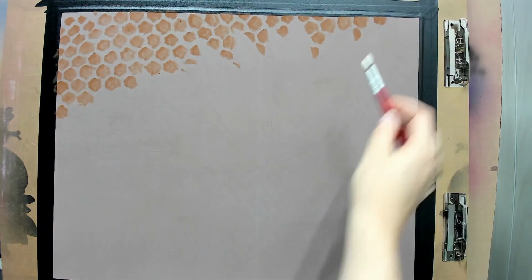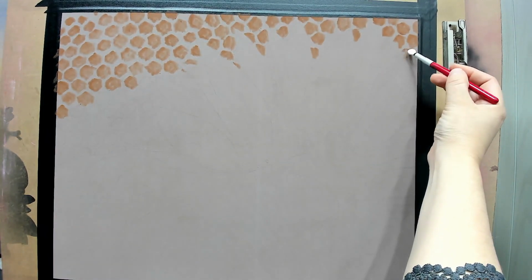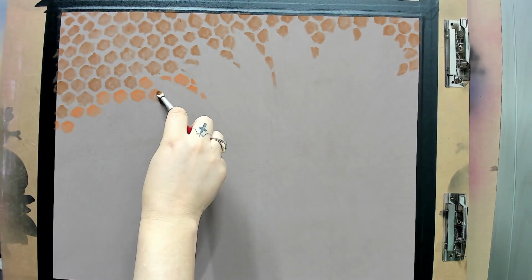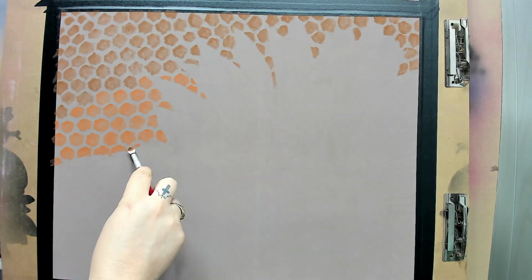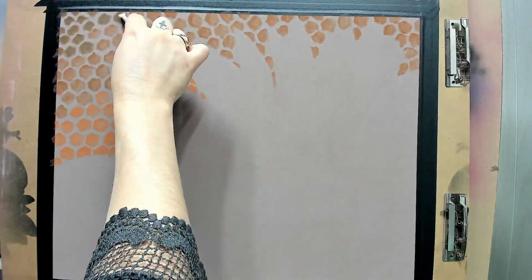So here I am using my burnt sienna or my burnt sienna shade. I know one's darker than the other. I should actually look at it to see which one it is. Let's see here. Okay, so the burnt sienna shade is the darker one. And then you've got the burnt sienna, which is the lighter one. So I went with burnt sienna